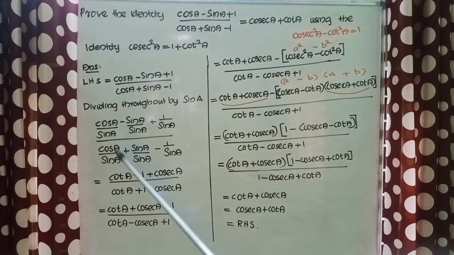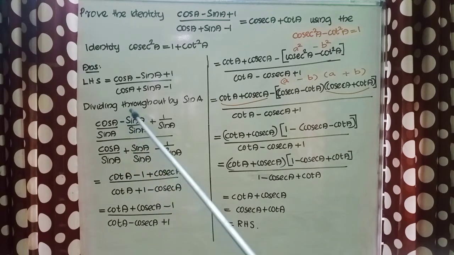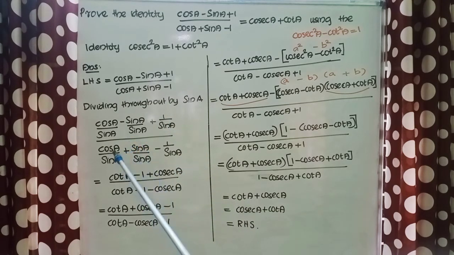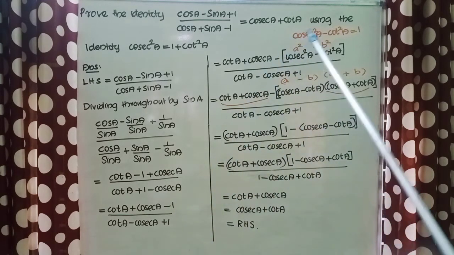Now cos A by sin A is cot A, minus sin A by sin A is 1, plus 1 by sin A is cosec A, divided by cot A plus 1 minus cosec A. So we are getting (cot A plus cosec A minus 1) divided by (cot A minus cosec A plus 1). Now we are going to change the 1 in the numerator position